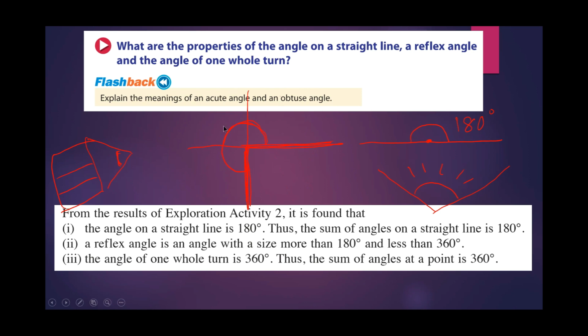So a reflex angle is in between 180 and 360. It must be greater than 180. It can be 181, a little bit greater, 182 and so on, but it is less than 360. Because if it is exactly 360 degrees, we call it 1 whole turn. So sum of